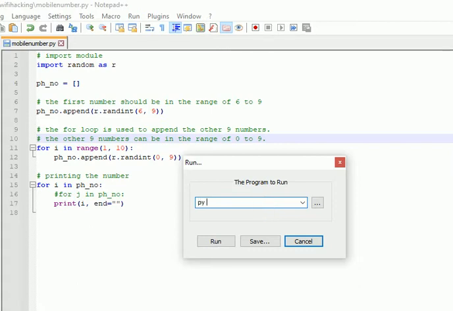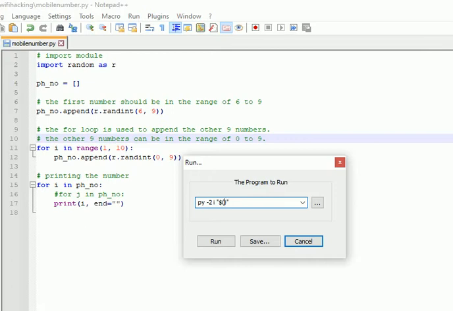Okay, just write py, then -2 i, then $ sign, double quotes, then $ sign, then you have to write bracket, then bracket close,